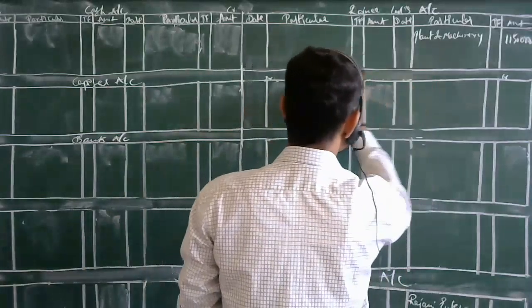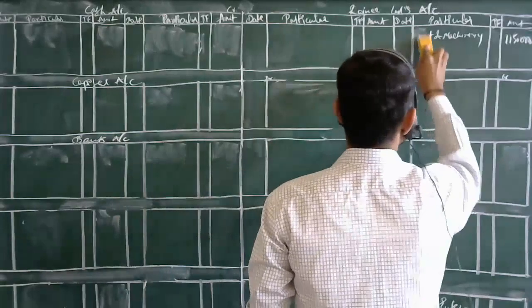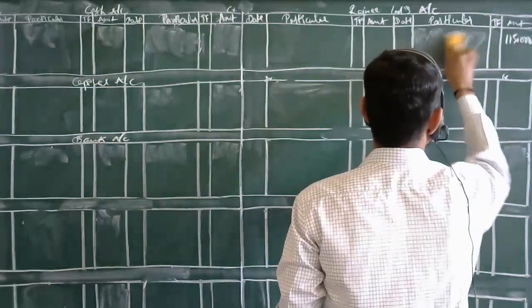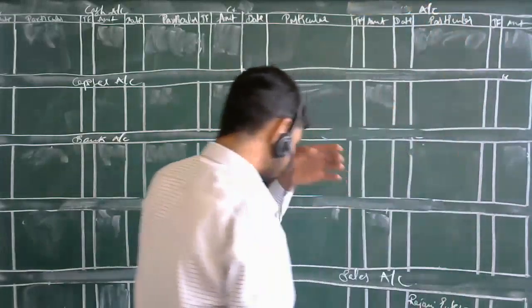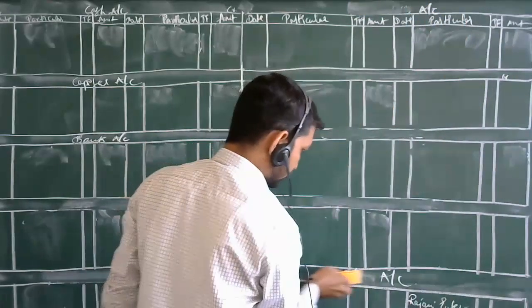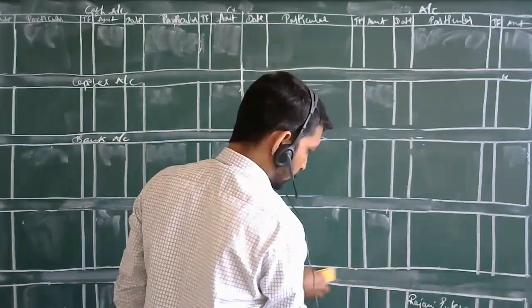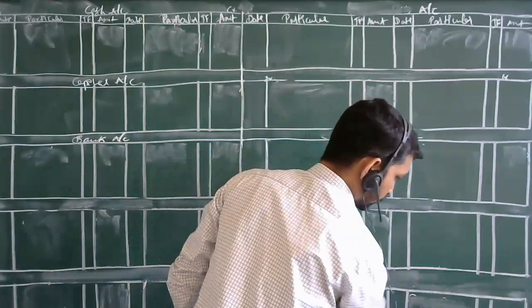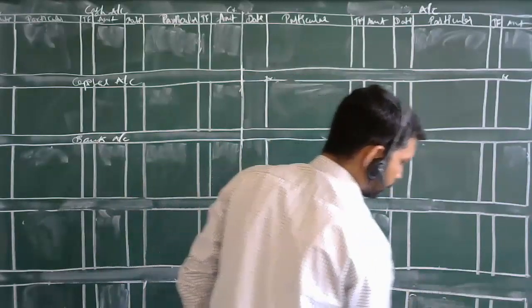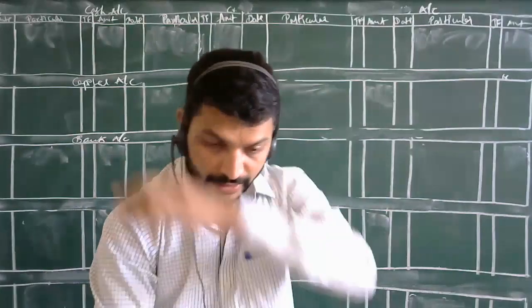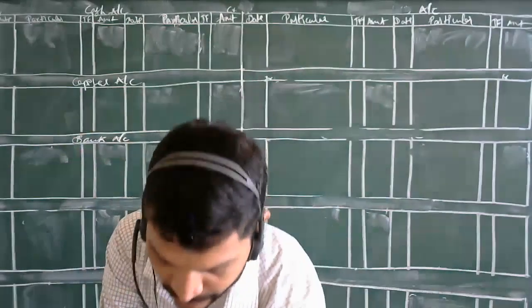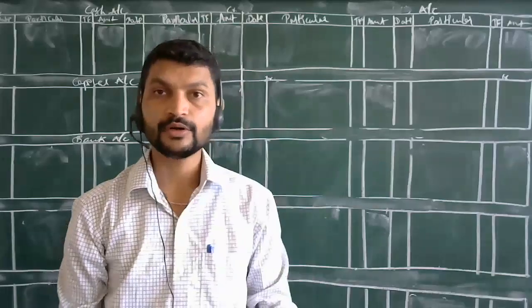Now you are going to pass the journal entries. Remember the point. You are going to pass the journal entries, and I am going to post the ledger entries. Okay. And those who are not getting any of the things, please stop me at the same moment and raise your doubts. Okay. So see here. Start writing the journal entries. I will pass the same in the ledger accounts. Is it okay for you all?